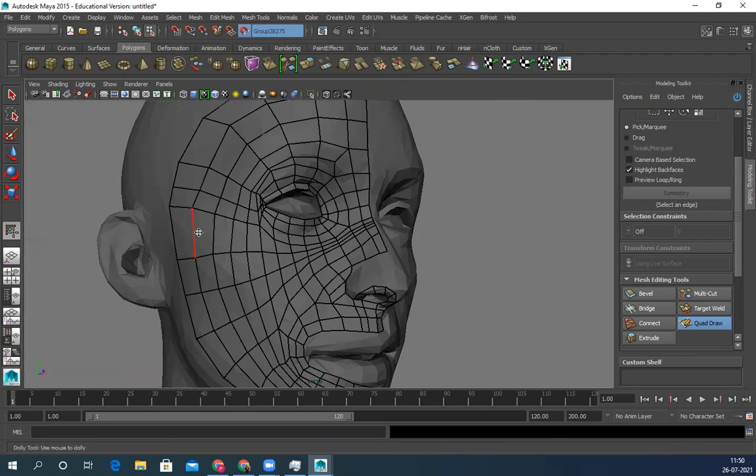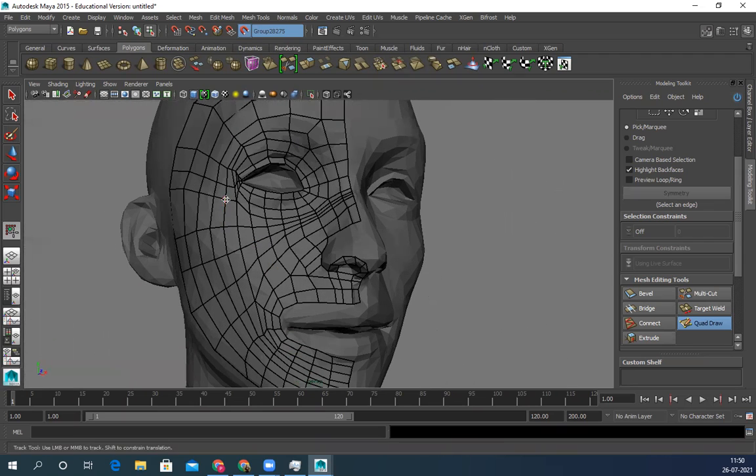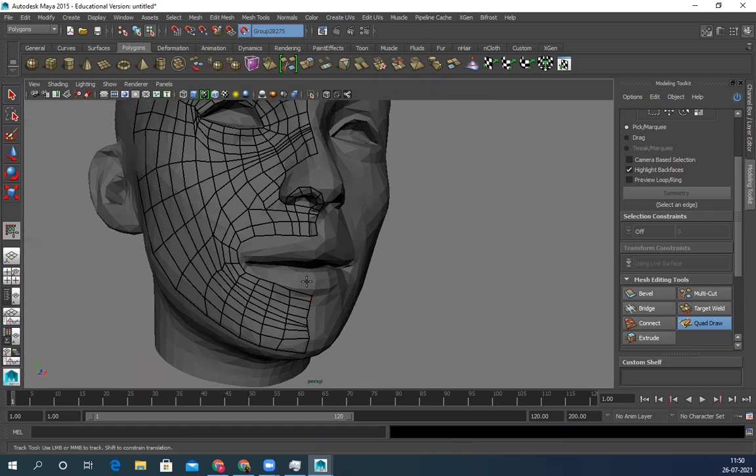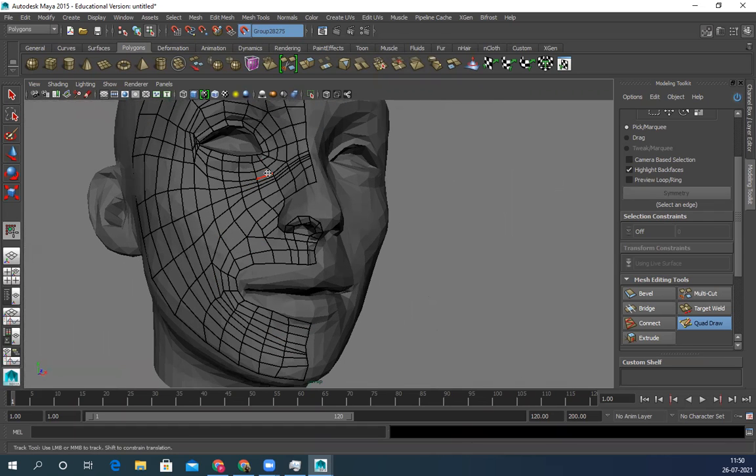And then loops wise. Near the eyes, more loops. Near the lips, more loops. So these two sections you need to have, because eyes and lips are the ones we use for expressions or talking. So that's why I need more loops.